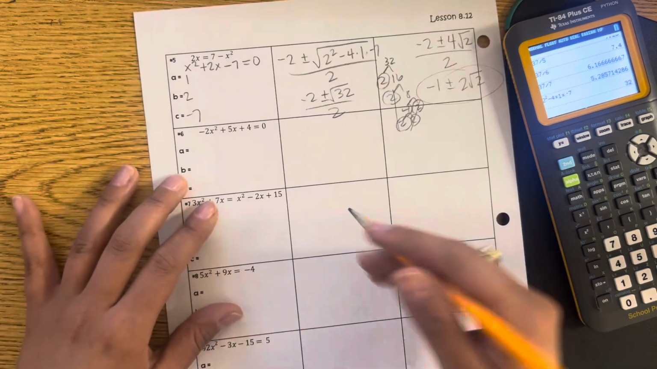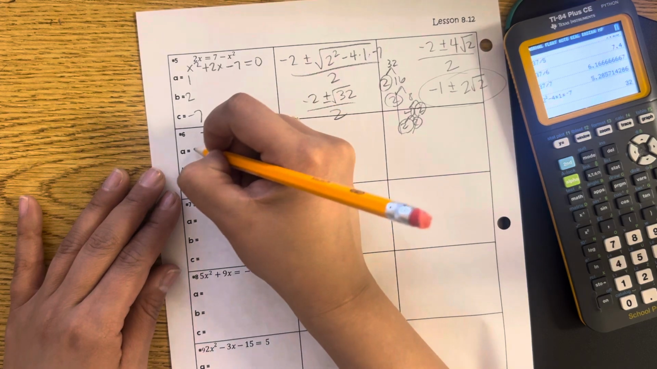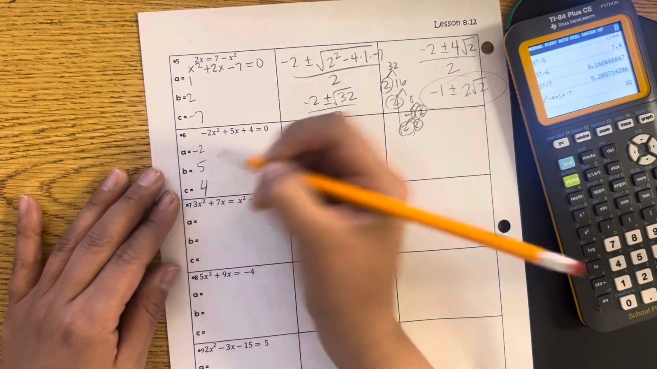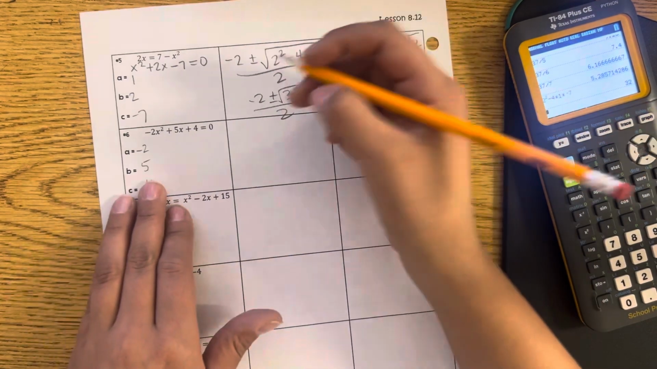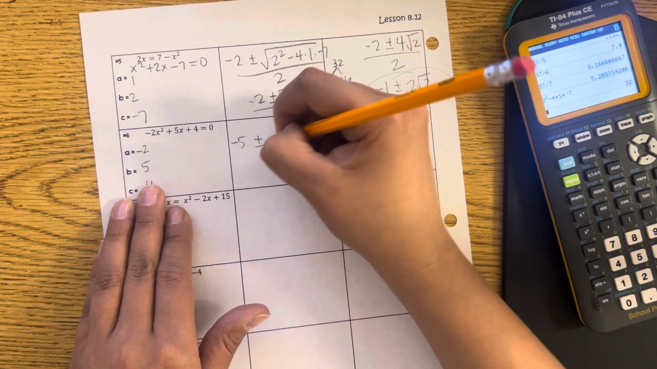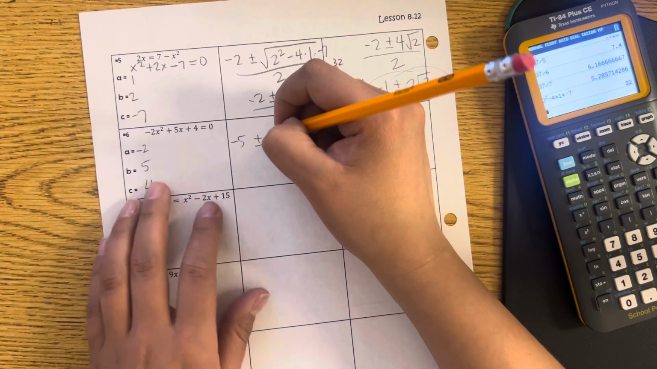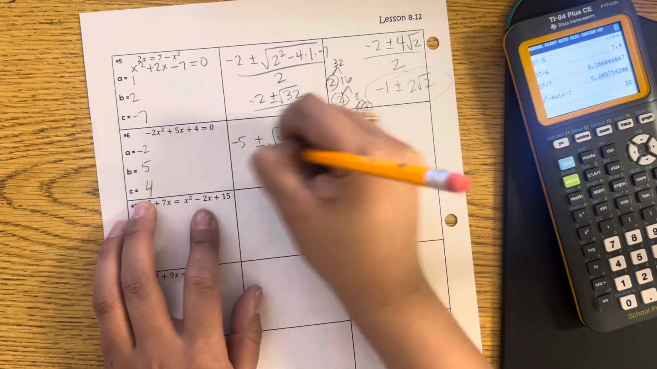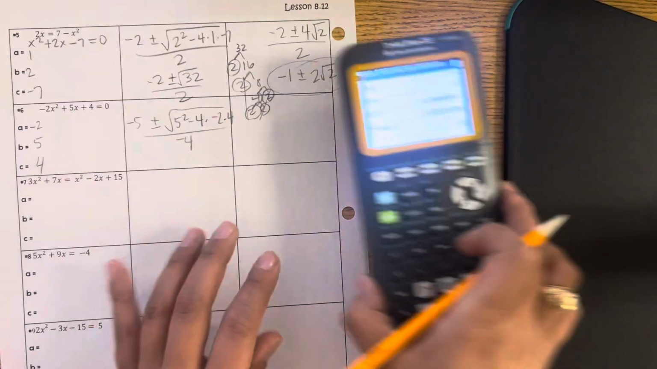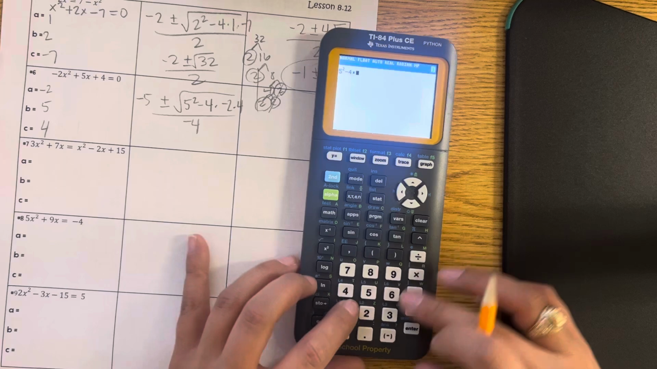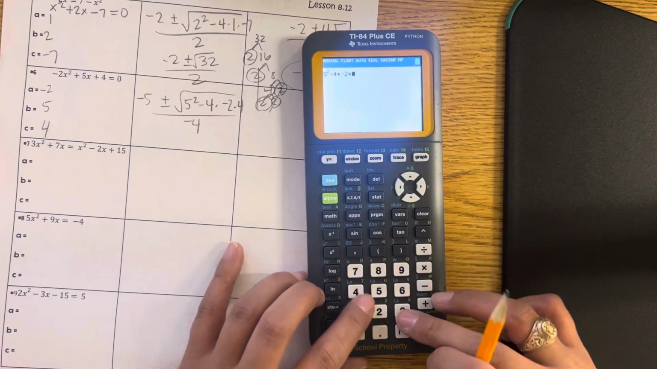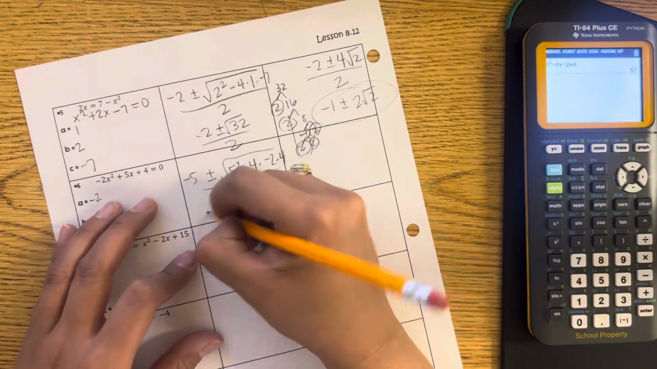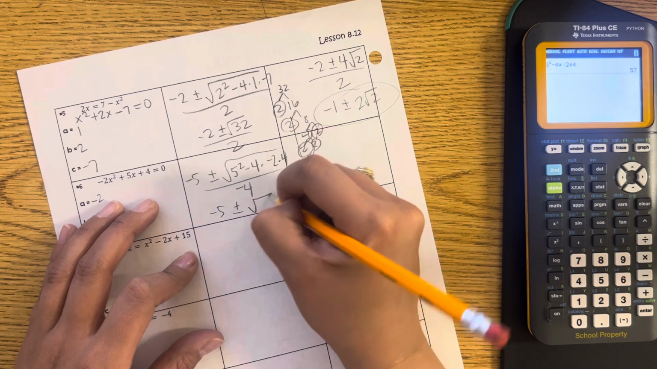If I look at number 6, negative 2, 5, and 4, since it's already set equal to 0. The opposite of B is negative 5, plus minus the square root of 5 squared minus 4 times negative 2 times 4, over 2 times negative 2, which is negative 4. And I get 57. Negative 5 plus minus the square root of 57,